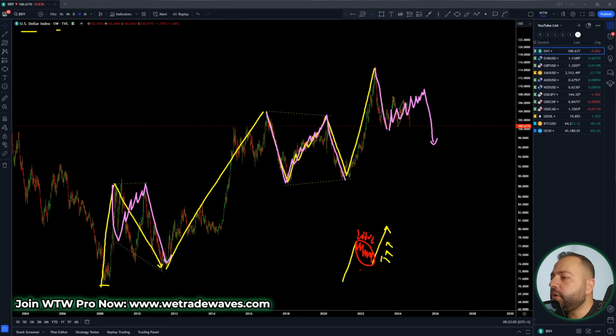So if you know when this corrective structure will be ending, and we can teach you how to know that, and you have a complete system where you can trade this wave, including the strategies, the execution, trade management, risk management, money management, how to maximize profits, how to make sure that the losses are minimal, all of this. Once you know this and you'll be able to trade this wave, step by step, you will achieve financial